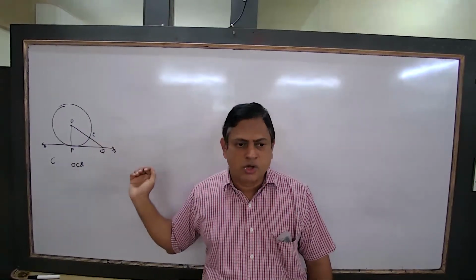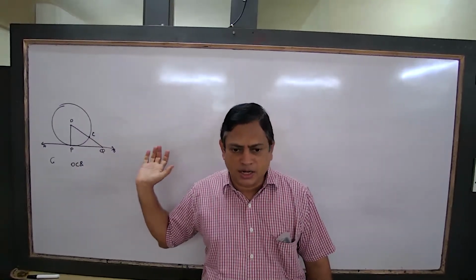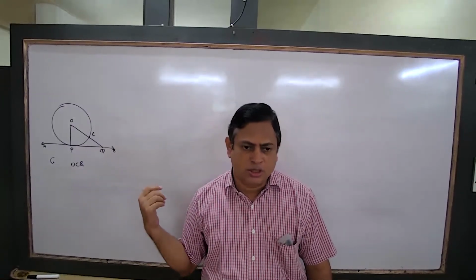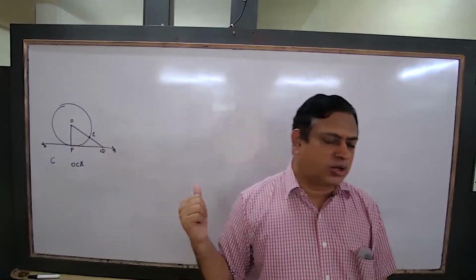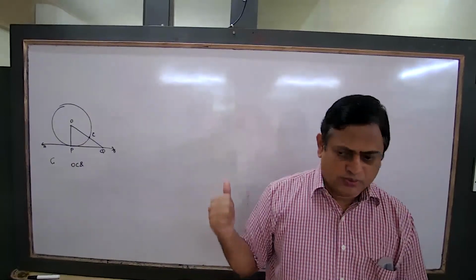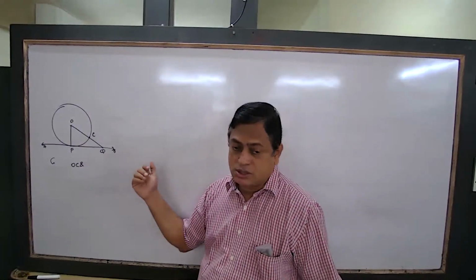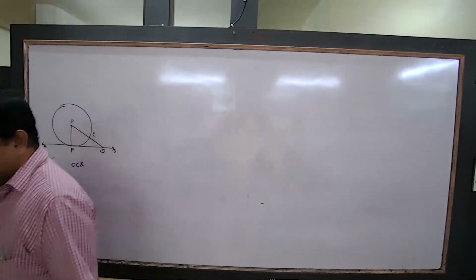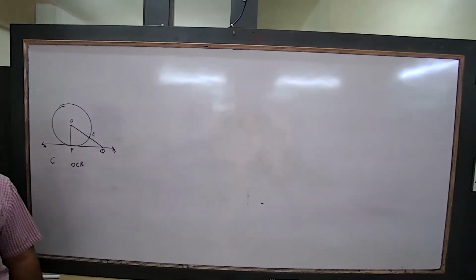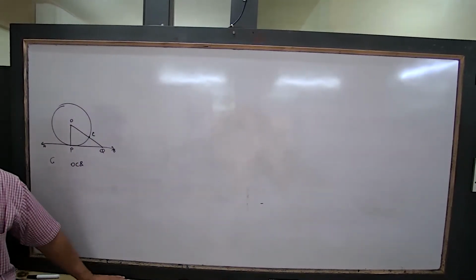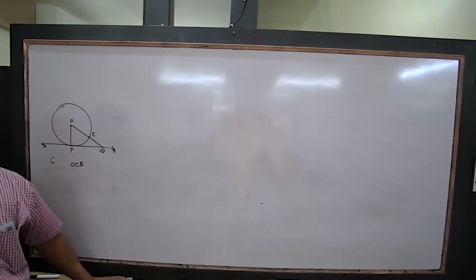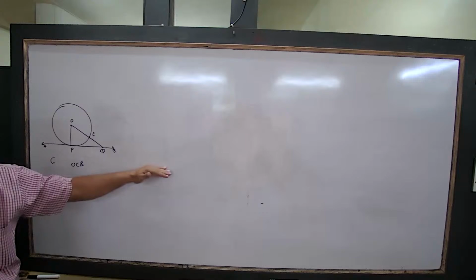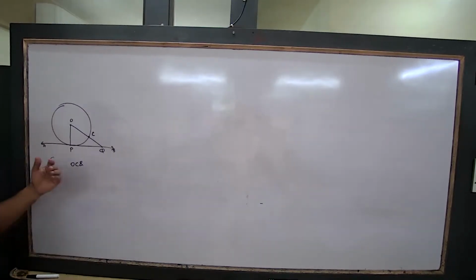Next step you will write OQ is greater than radius. Reason: if a point lies exterior to the circle, its distance from the center is more than the radius. But OP is the radius. Therefore, OQ is greater than OP. This many steps you have to write. Otherwise, if you write it in two lines, you will not get any mark. So, OQ is greater than OP. Till there, you have to write one by one step. Then, next is,